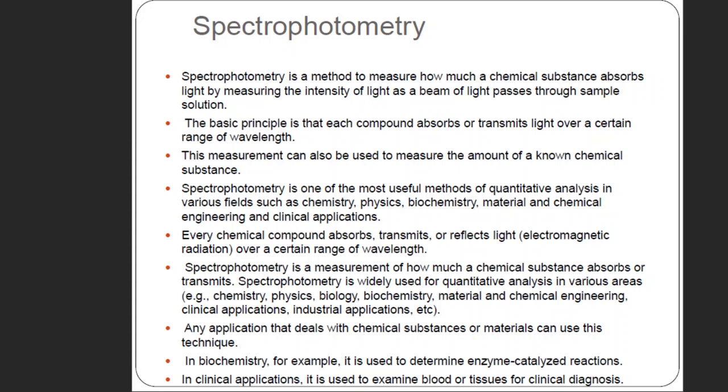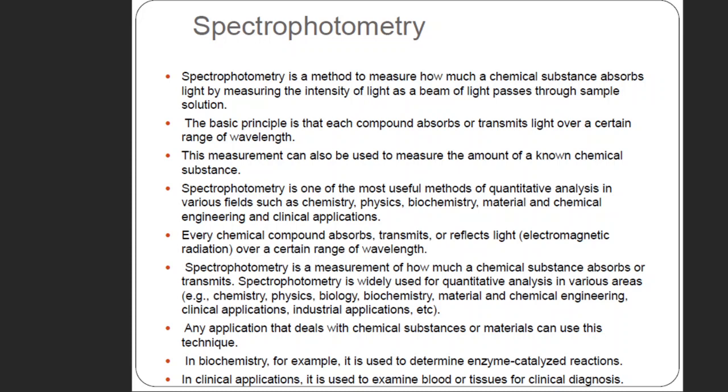Instead of pulling the electron from one orbit to another orbit, or transiting that electron from one state to another state, it can simply make it vibrate or rotate, or even if the energy is of some other frequency, it can lead to electron or nuclear spin as well. That can be used in NMR, that is nuclear magnetic resonance spectroscopy.